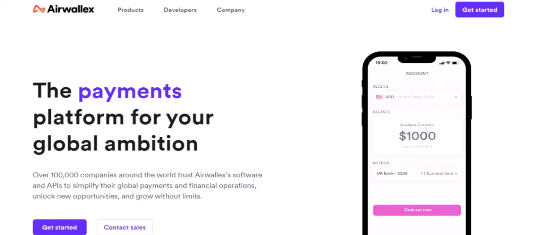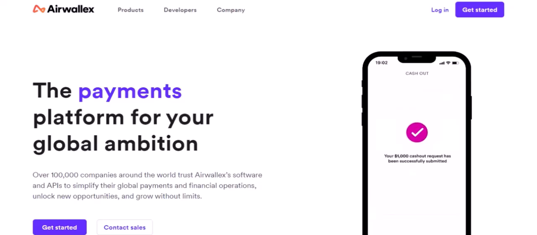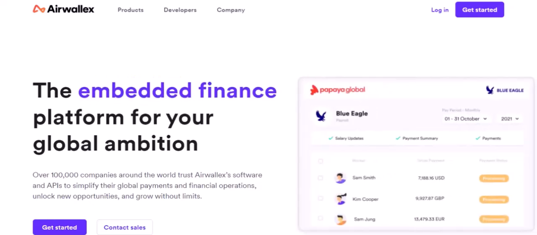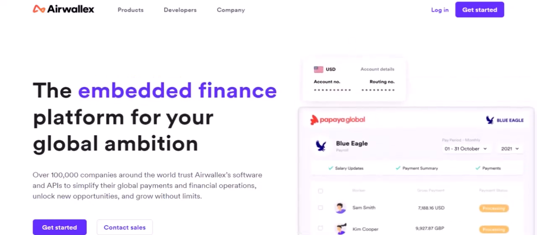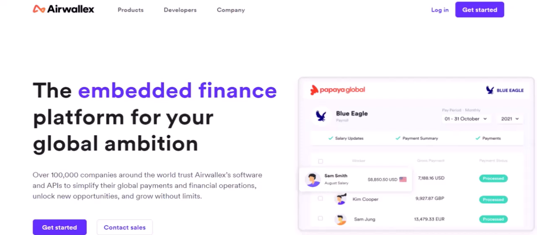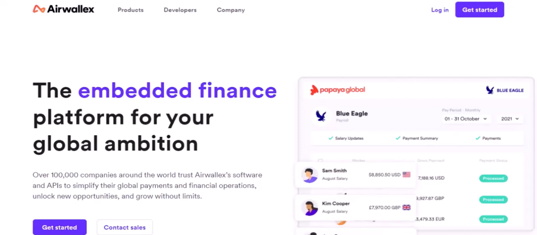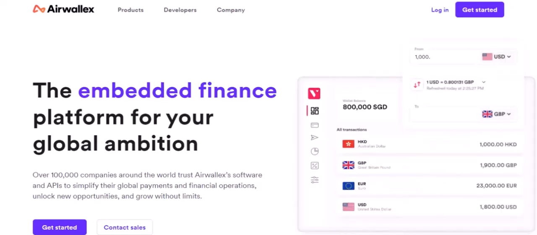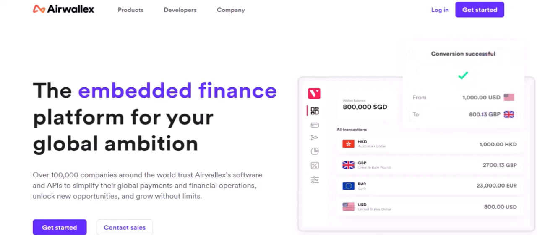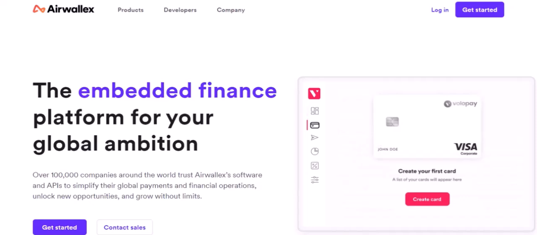Ever wondered about the smallest amount you can move with Airwallex? Like, is there a tiny, little limit that'll stop you from sending that pocket change to your friend? Or maybe you're planning a micro investment and need to know if Airwallex is your go-to. Well, buckle up, because we're about to dive deep into the world of Airwallex minimum transaction limits.